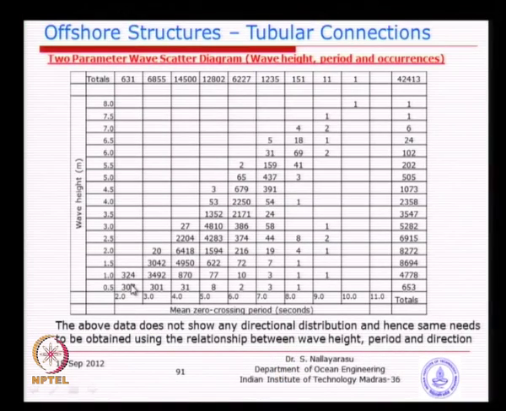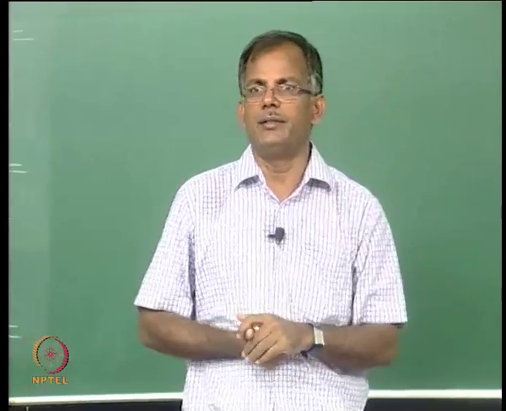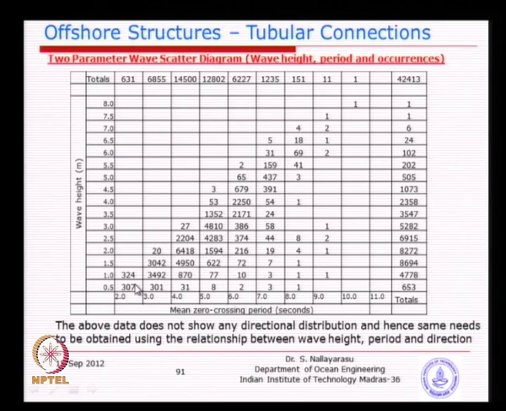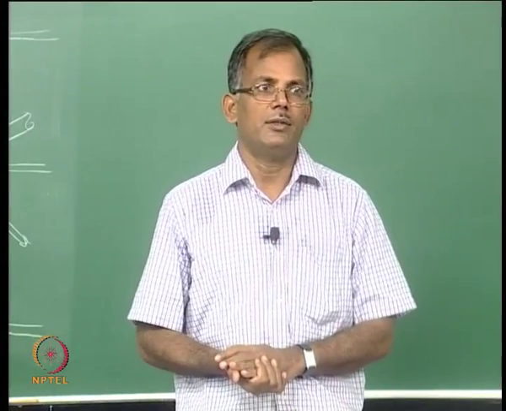So, how do we get this? So, if you have a time history recorded at a site, for example, you will have to go and analyze the data to find out individual wave height typically and count it inside this bin, as long as you satisfy this condition, as long as the period is within 2 and 3 and the height is less than 0.5, that means 0 to 0.5, then you will count them inside this bin, and if it is, say for example, going to 0.5 to 1 meter, you will come down, count them in the second bin. So, you have to do this for the whole range of data that you have. So, every time when the wave comes inside, you will do this.